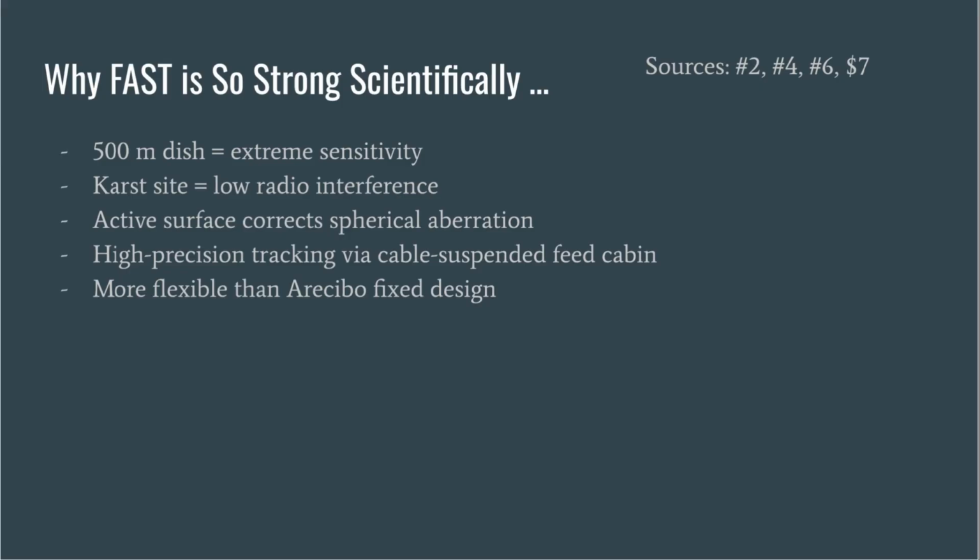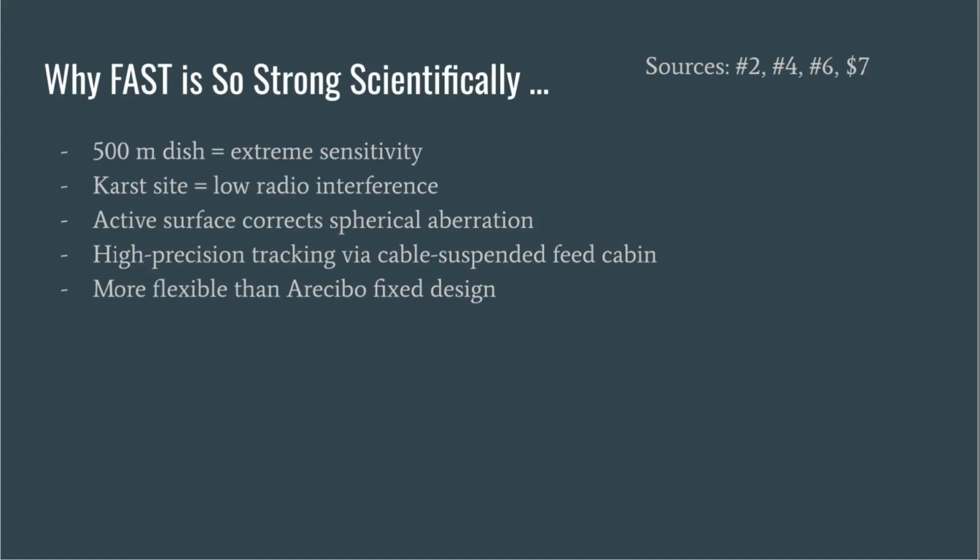FAST also uses an active surface where thousands of panels constantly move to correct the spherical aberration, and this lets FAST change its shape slightly as it tracks objects, giving it better accuracy than a fixed dish like Arecibo.